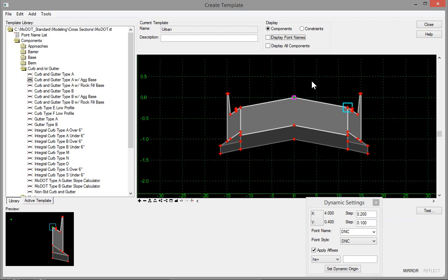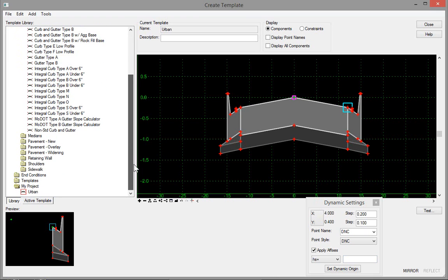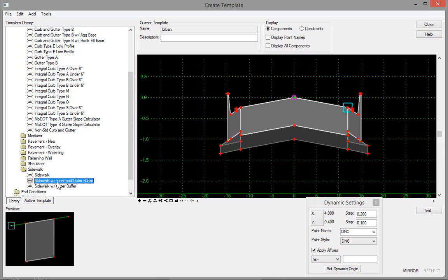Now the next thing I want to do is establish a sidewalk on the left side and just a regular closing slope on the right side. So the first thing I want to do is establish that sidewalk on the left side. So I'm going to slide down. Underneath my components, I have a folder called sidewalk, and I want the one that has both the inner and the outer buffer. And so I'm going to drag this over, and notice that I still have my mirror on,